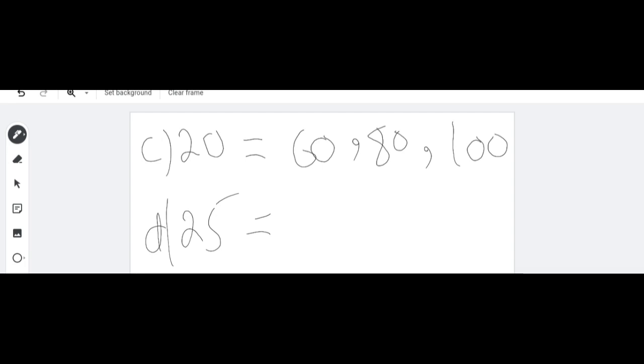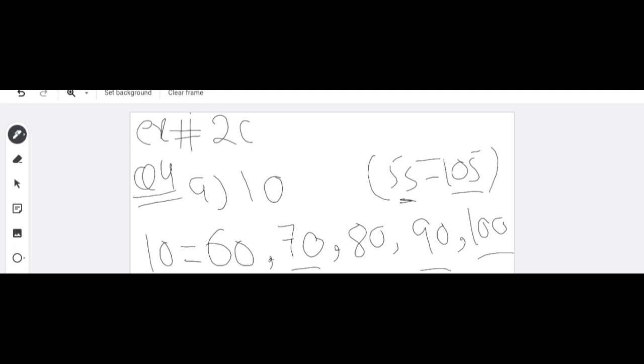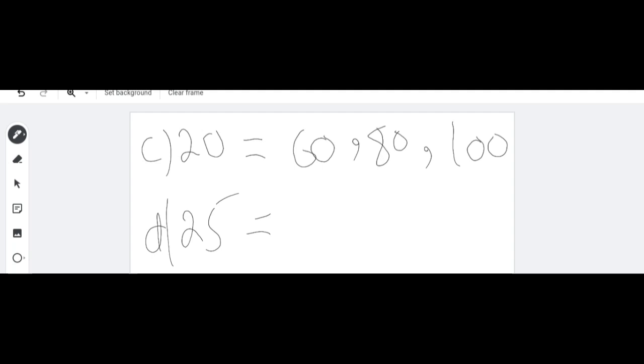As you can see, our multiples are decreasing as we are increasing the number. In the first we have 1, 2, 3, 4, 5, and here 1, 2, 3, 4, and here we have 1, 2, 3. It means that here we will have only 2. Can we do that? The multiples of 25: 75 and 100, right? We have to start from the 25. 75, and after that 100. So we got only 2.